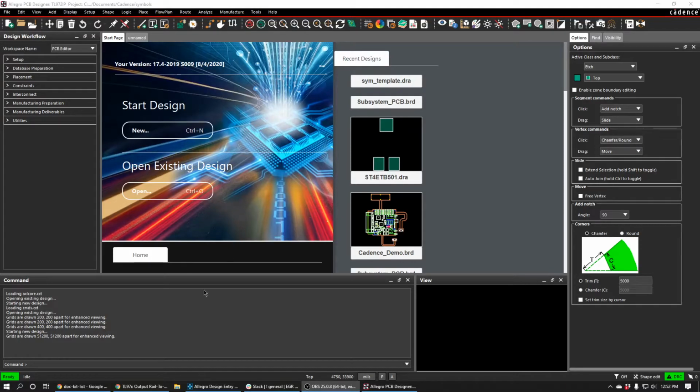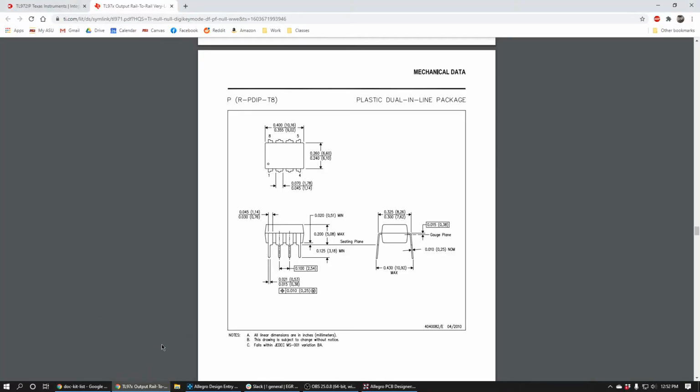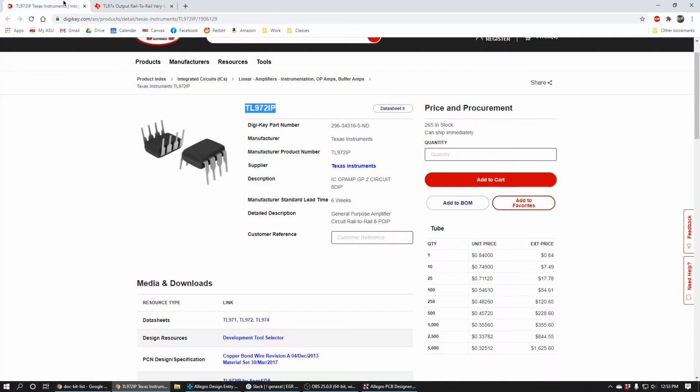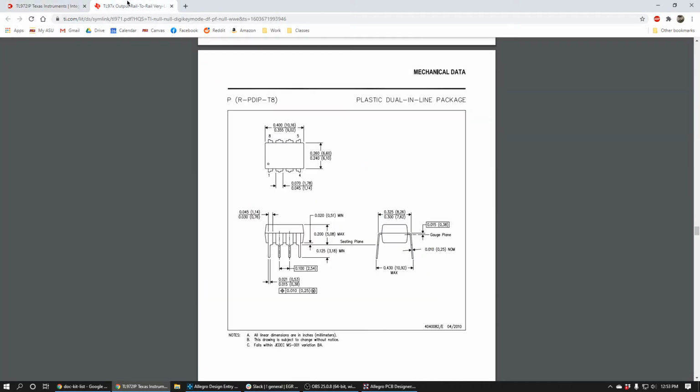I want to talk really quickly about how to use the package symbol wizard to design a footprint really quickly in Cadence. So the part I'm going to be designing for is this op amp. It's a TL972IP op amp from Texas Instruments, and I went ahead and pulled up the data sheet here, and